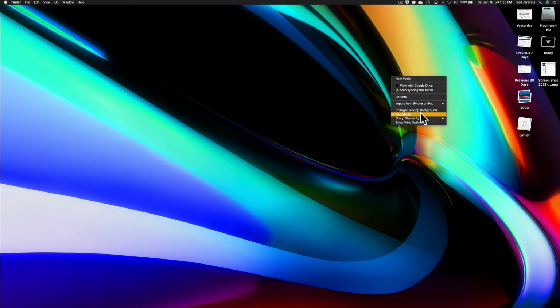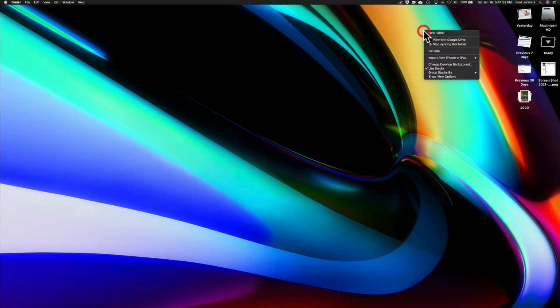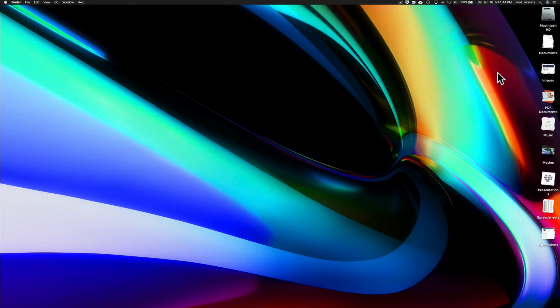Right click, use stacks, group stacks by date added, previous 7 days, previous 30 days, 2020, 2021, even yesterday. Right click, so it looks like it goes about 1 year, and then group stacks by date modified, created, and by tags. Okay, I personally like using just by kind, so I can tell what images I have, the pictures,